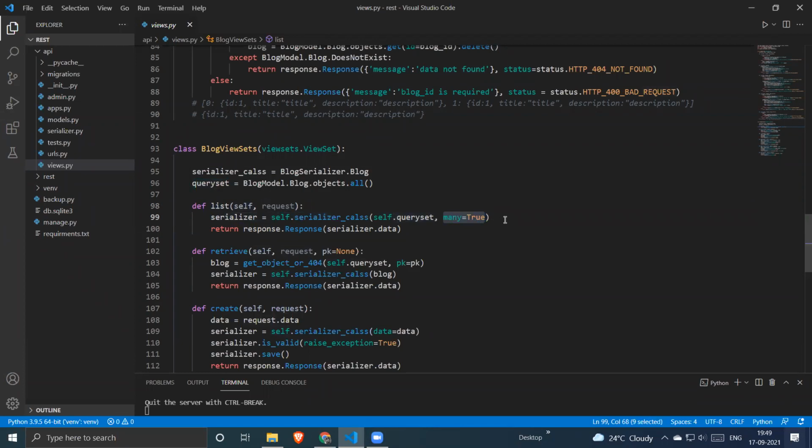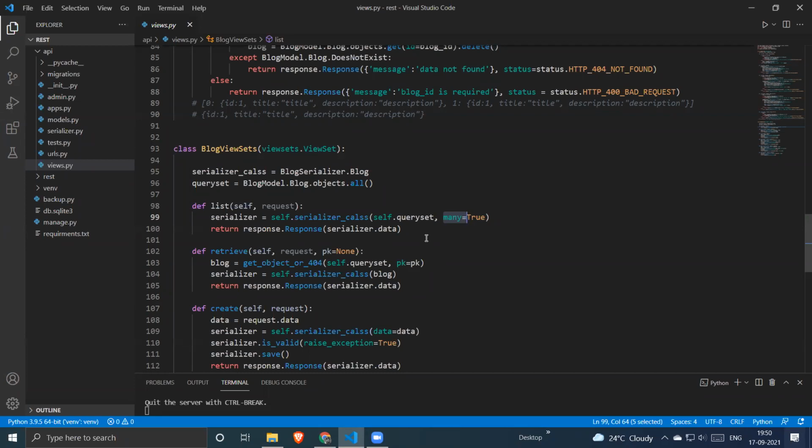is equal to true. Does anyone remember why we have passed many is equal to true? To iterate the query set. Right, Vivek, to iterate a query set. So it will not expect a single object. It will accept multiple objects, which is a query set.